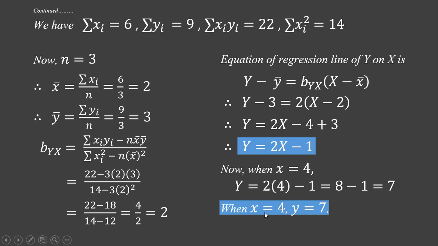So the meaning of regression is that when the value of one variable is given, we find or predict or estimate the value of the other variable. Okay, so here we have seen a few examples of finding regression equation. All these examples are of regression equation of y on x. Similarly, you can find the regression equation of x on y by using the appropriate formula for bxy.